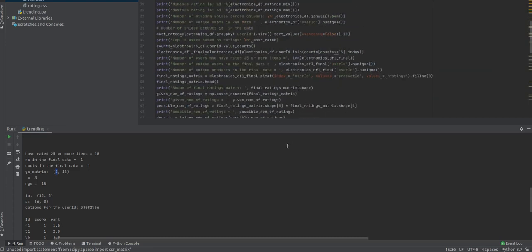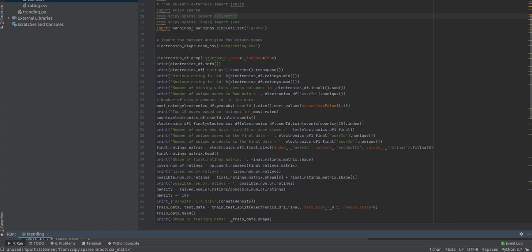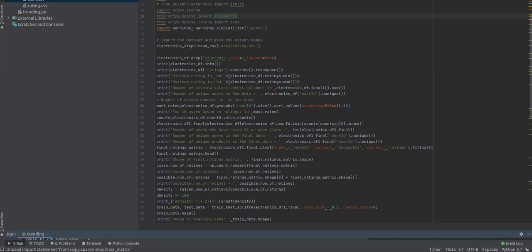And this is our code. Firstly we pre-process our data set to find out the minimum rating and maximum rating, so that we can study our actual data set before applying any model or any engine.